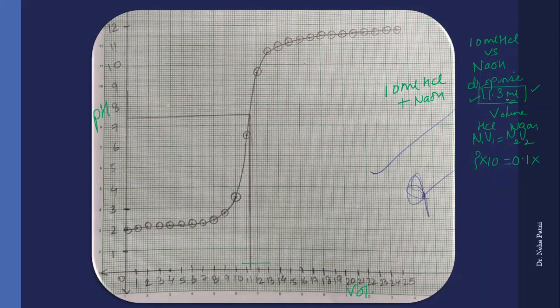You have reached 12. That is why it will not stop at 7. Rather it will cross and come into the basic range. So this is the main point. The main endpoint is here, because here you are going to get the result. Now if you keep on adding 1 ml NaOH, it is not going to make much difference, because now HCl is already utilized, it is neutralized, and the solution is in the basic range and it will remain basic.